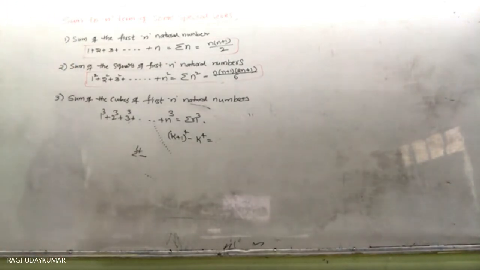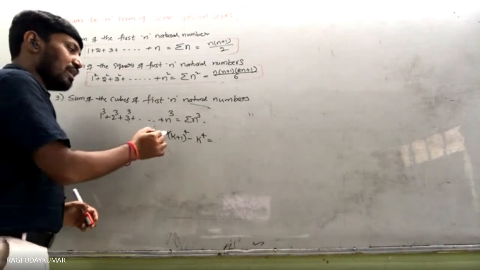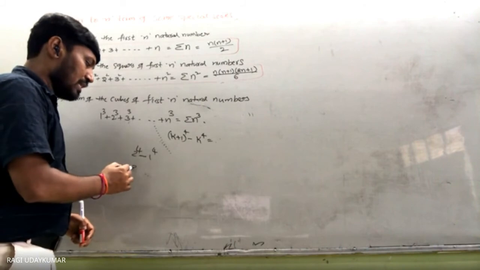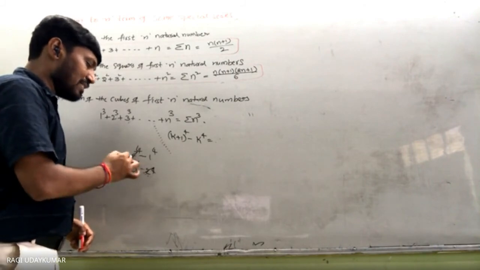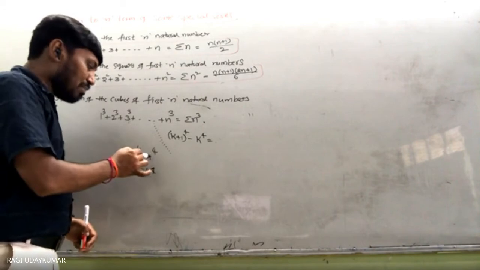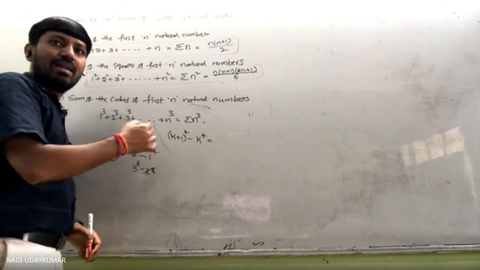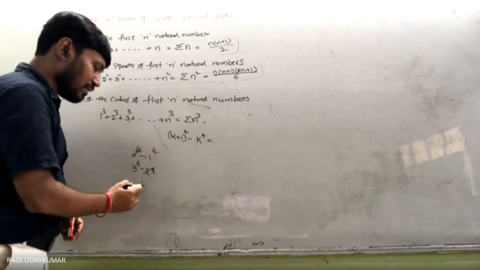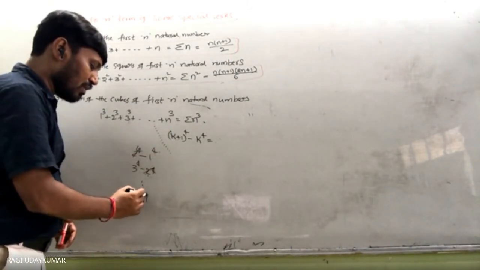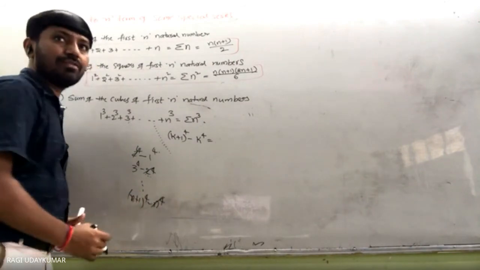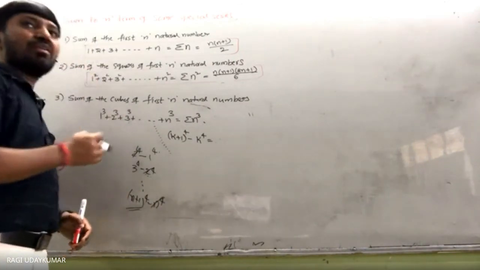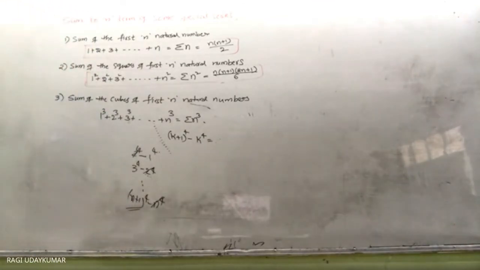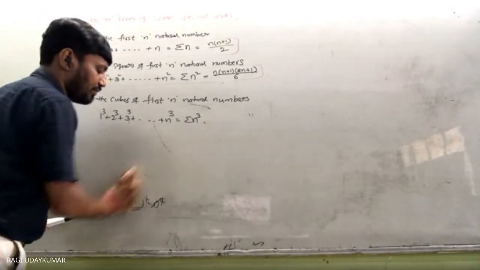So here k values go on substituting. K value 1 substitute कर लिया तो 2 power 4 minus 1 power 4. K value 2 substitute कर लिया तो 3 power 4 minus 2 power 4. ये दोबारा कैंसिल हो जाएगा. इसमें क्या बचेगा? 1 power 4 लास्ट में बचेगा. 1 onwards if you are going on substitute, एंड लास्ट में क्या बचेगा हमको? ऐसे सब्स्टिट्यूट कर दिए तो n plus 1 whole to the power of 4 minus n power 4. So ये n power 4 कैंसिल हो जाएगा. n plus 1 whole to the power of 4 बचेगा. So like that, if same way prove कर लिया तो the final result we are going to get it as